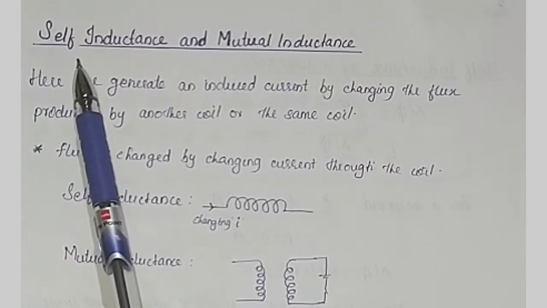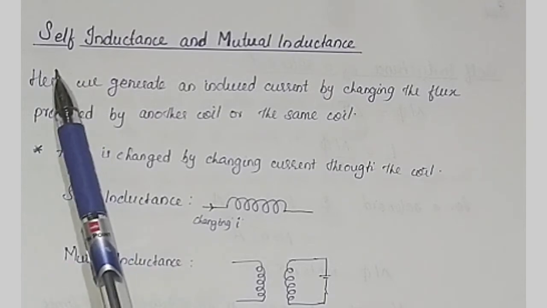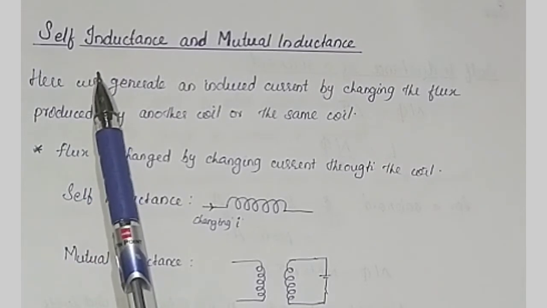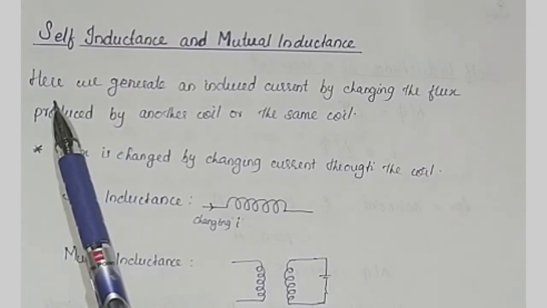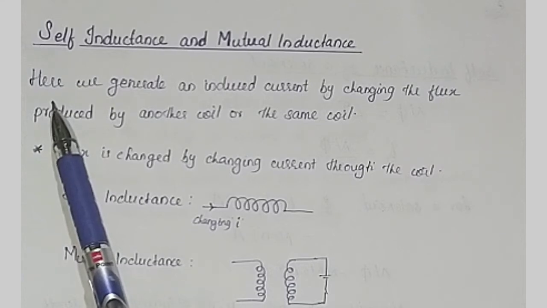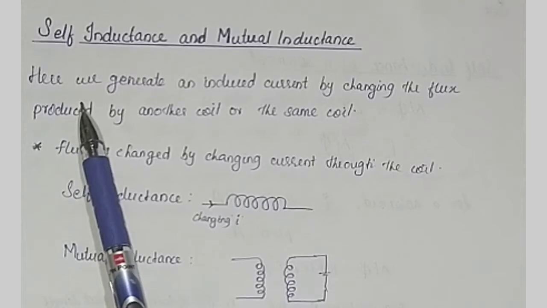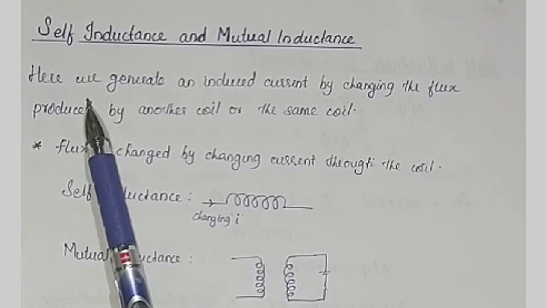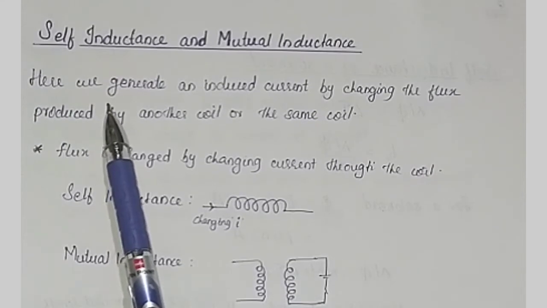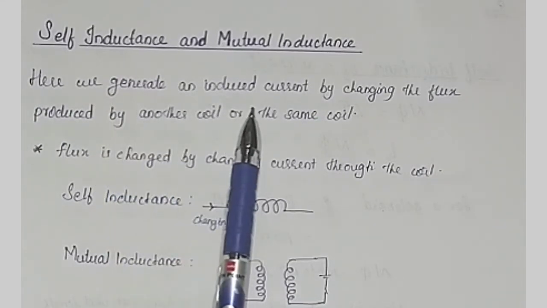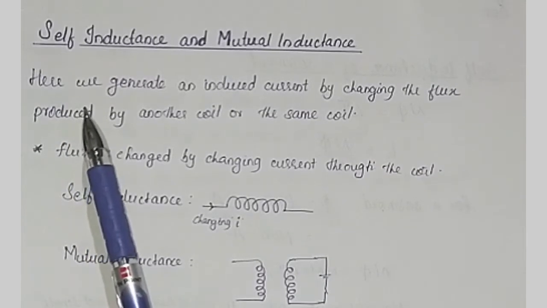So we have been studying till now about the induced EMF and the induced current, which is produced by changing the flux associated with the coil. When you recall the previous discussions, in every discussion that we had regarding the induced EMF and induced current, we used an external source of magnetic field, and by changing the flux associated with a coil, we induced an EMF which was given by the expression E is equal to minus d phi by dt.